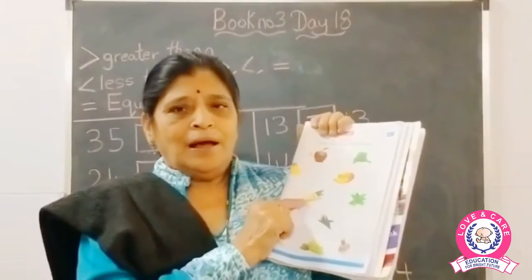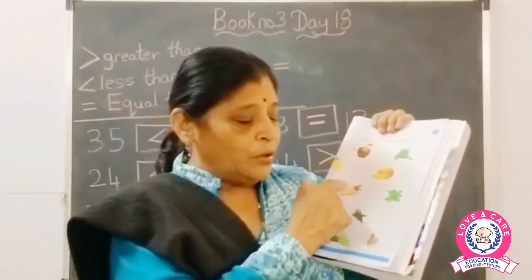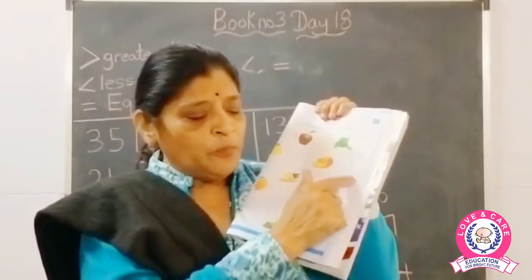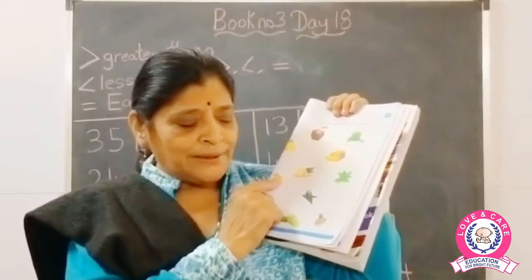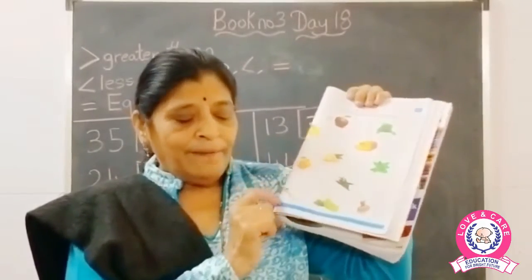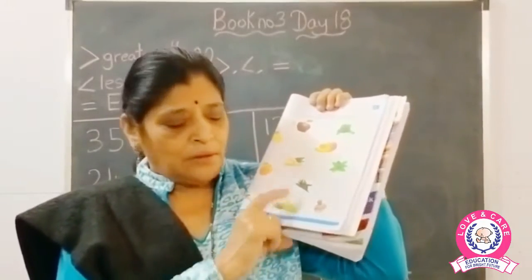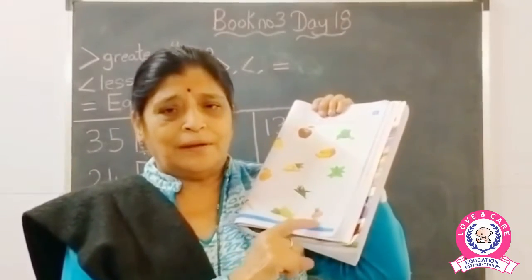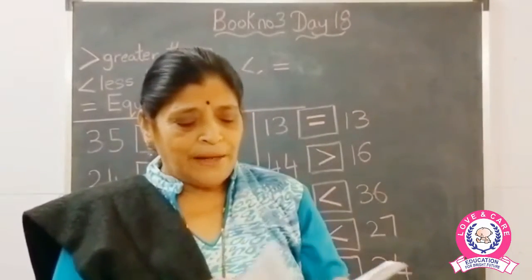This is garlic, ginger. What is this? Ginger. So here you have to circle it. The mint. Here you have to put a circle. It is a vegetable. This is an orange, so cross it. This is chili, green chili, so circle it. Then a radish. Circle the radish. Grapes. Cross it. And turnip. It's a vegetable, so you have to put a circle around it. So you have to do this also as homework at home.